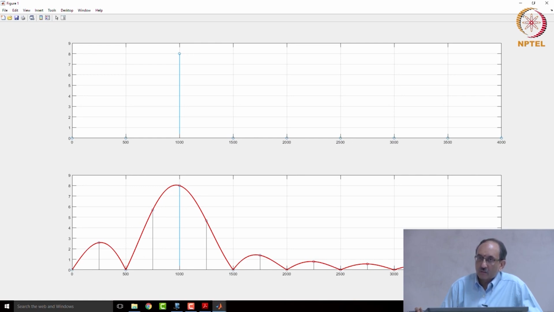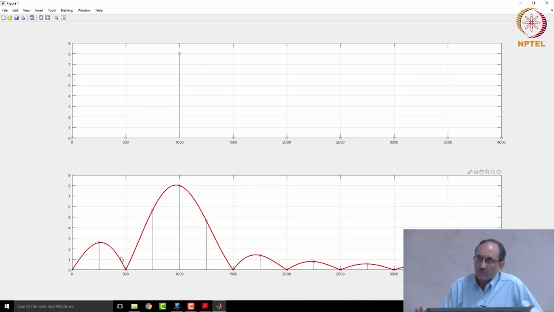And hence, in the transform domain, if you multiply in the time domain, you will convolve in the frequency domain. In the frequency domain, you are going to convolve the two transforms. One of the transforms is the transform of the sinusoid. It will have impulses at 1 kilohertz and minus 1 kilohertz. The other function is the transform of the rectangular window. And the rectangular window's transform is sin(N omega/2) by sin(omega/2). Therefore, what you are really seeing here is the rectangular window's transform, which is the sinc, the Dirichlet kernel,